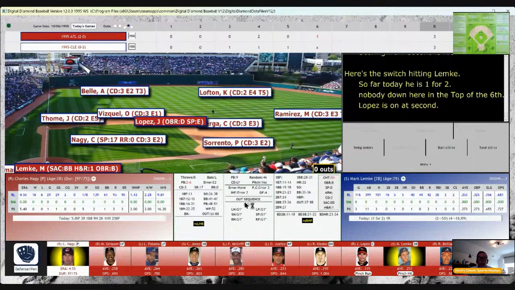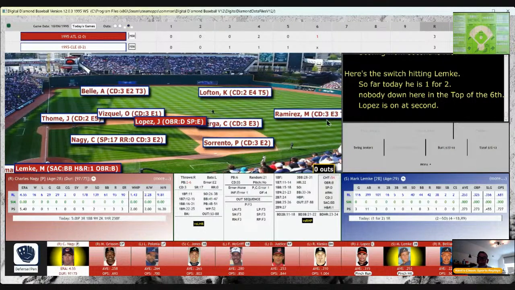Will be on Lemke's card. That 21 will be trouble as that's a single into right field. Can Lopez score? Single, second to home on a single. And let's look at Ramirez.